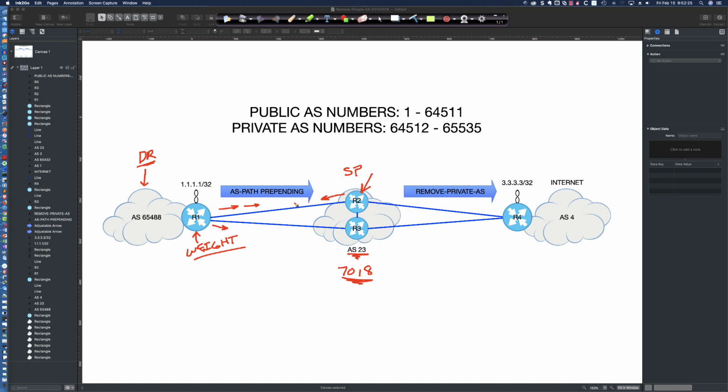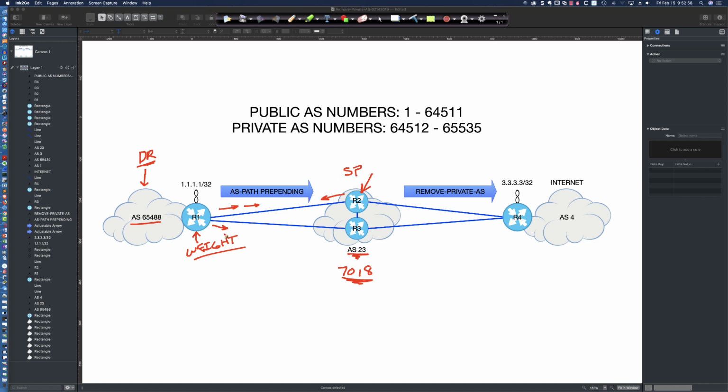You can control with 100% certainty your egress or outbound flow of traffic, but you can only influence, in other words make a best effort to influence, the return flow of traffic back into your network. Because remember, the definition of an autonomous system is an entity that is under the control of